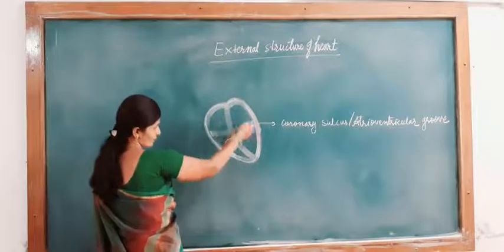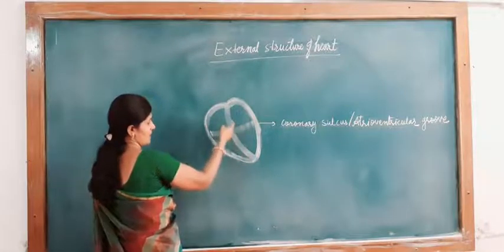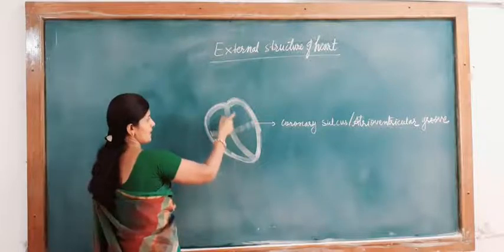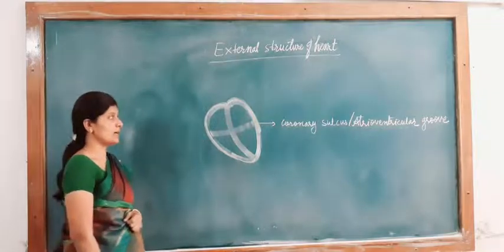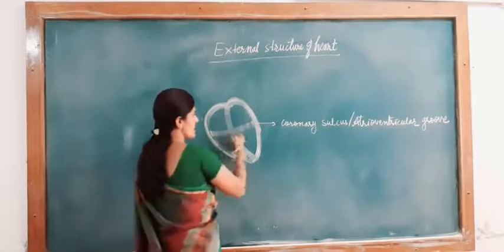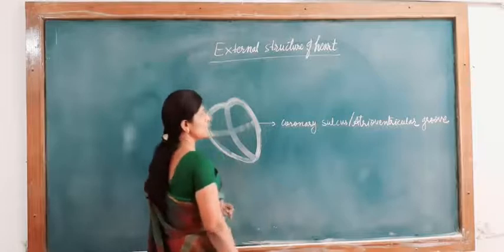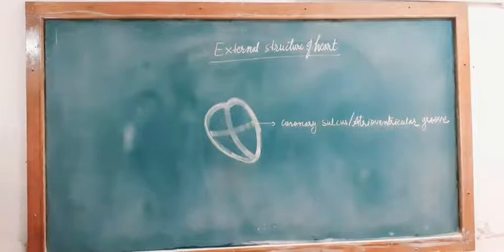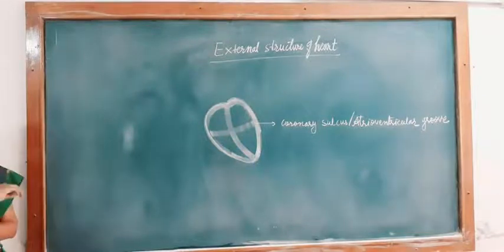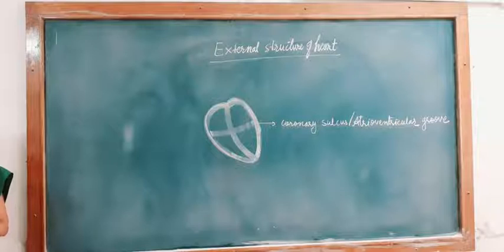and this depression shows that the heart might be divided into upper and lower parts, and into the four chambers. This transverse groove is called the coronary sulcus or atrioventricular sulcus. The human heart is divided into four chambers. The upper two are called atria, the lower two are called ventricles, and externally the atria are separated from the ventricles by a transverse groove called the coronary sulcus or atrioventricular groove.